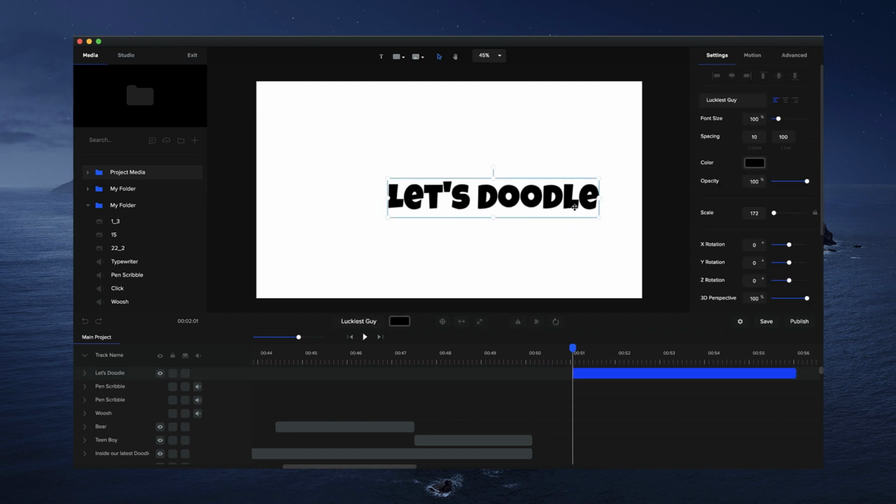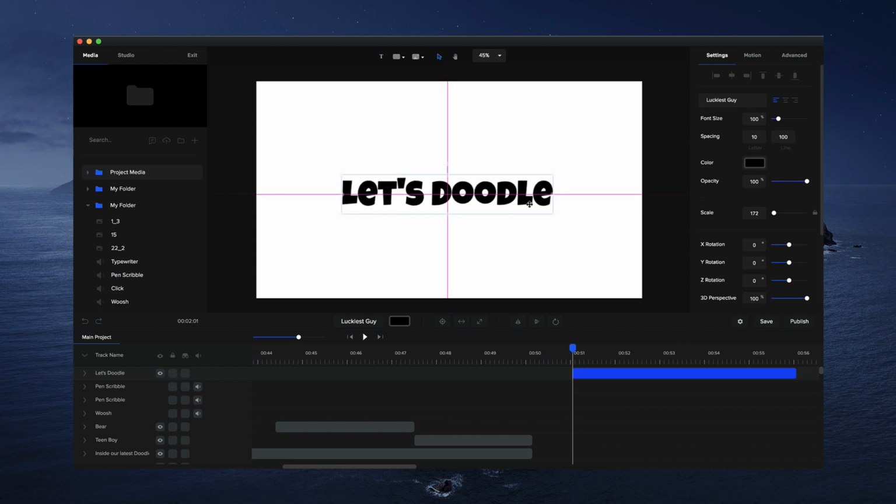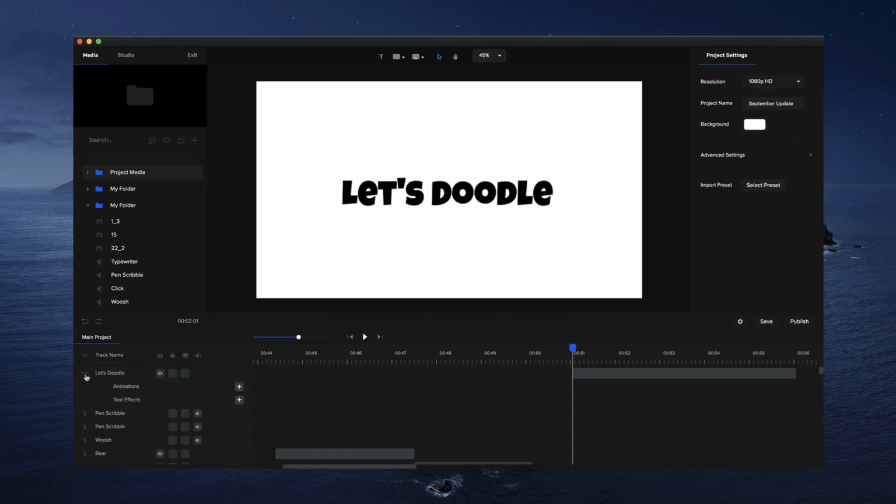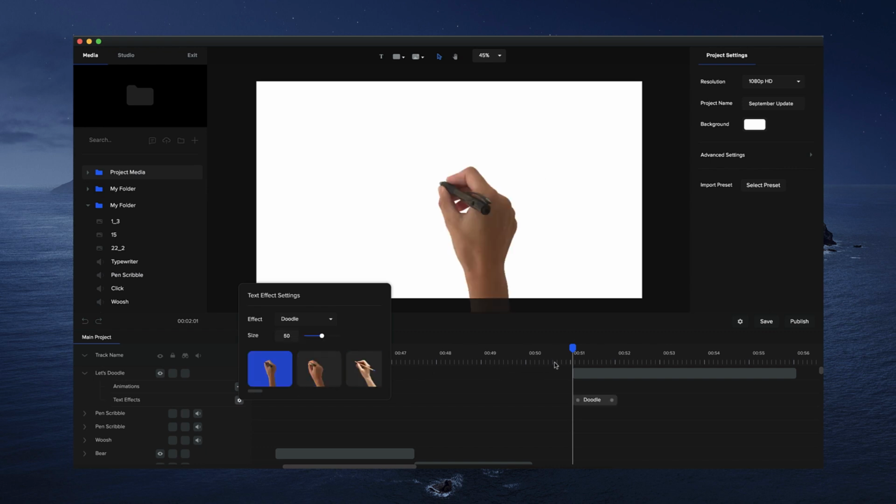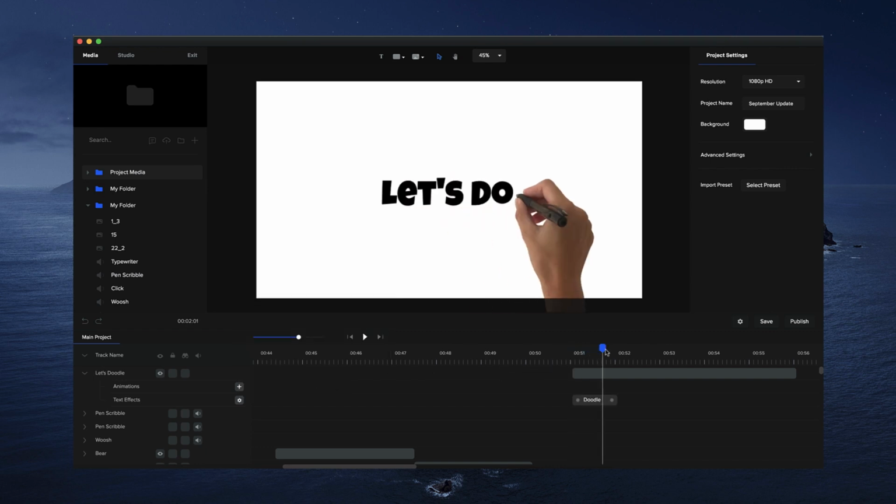You can make it as big as you like. You can adjust the text font if you like, but just add your text and then click on the drop down menu over here and then click on the plus icon to add a text effect. And then you simply select Doodle over here and you're about to see we've got this really nice looking doodle